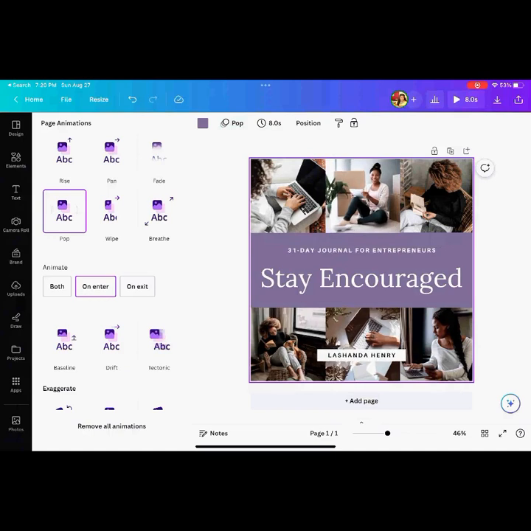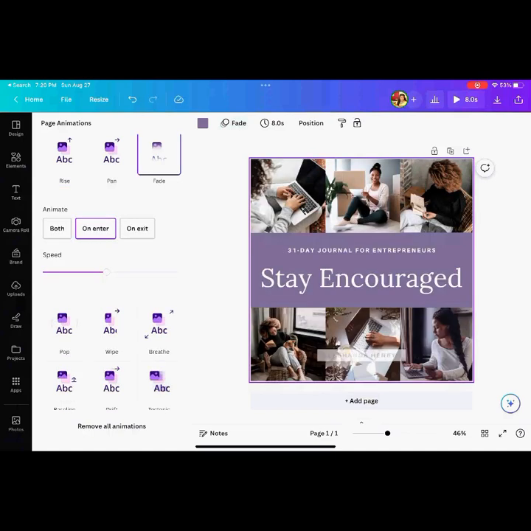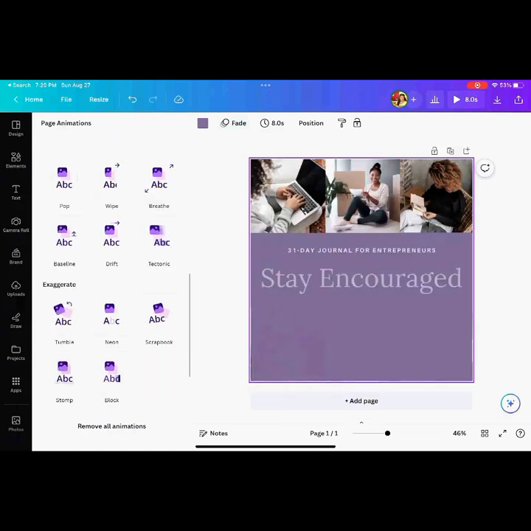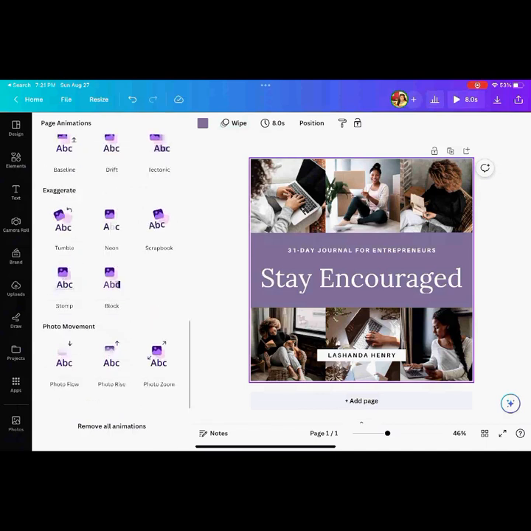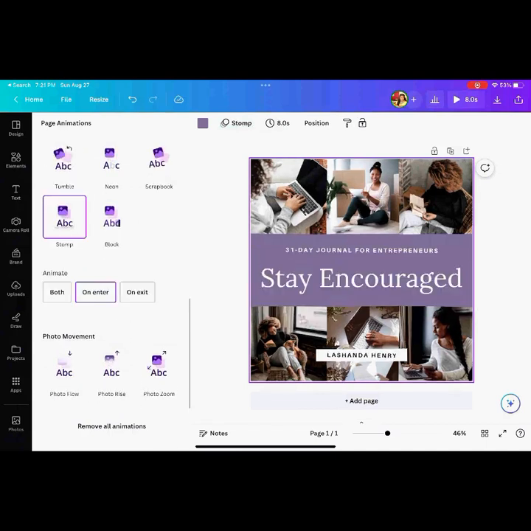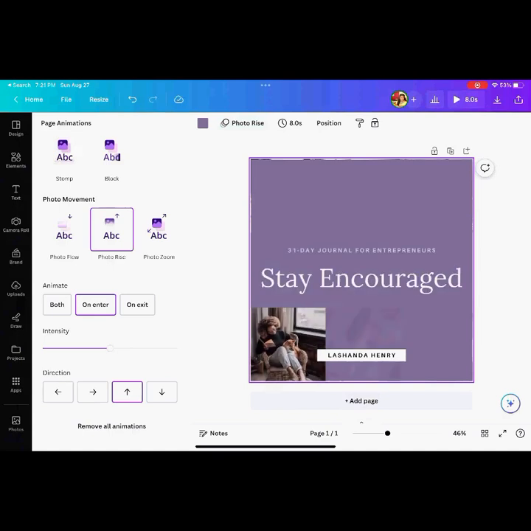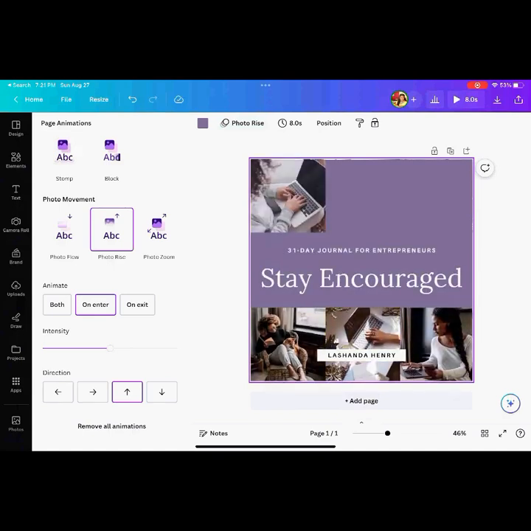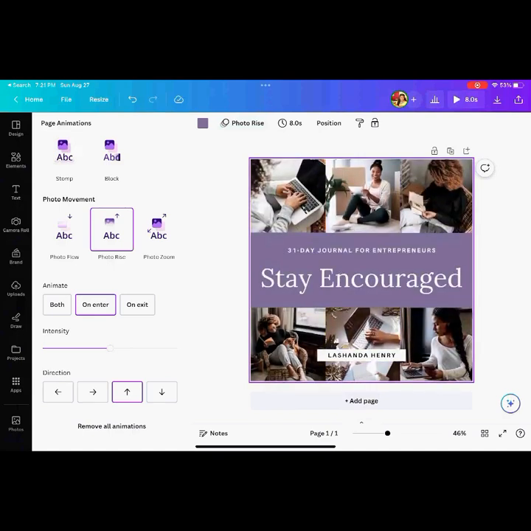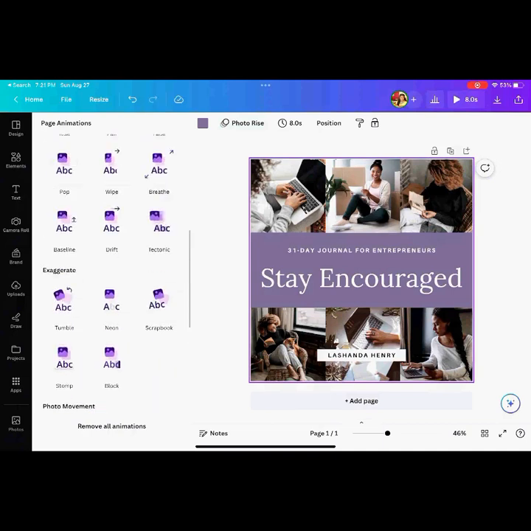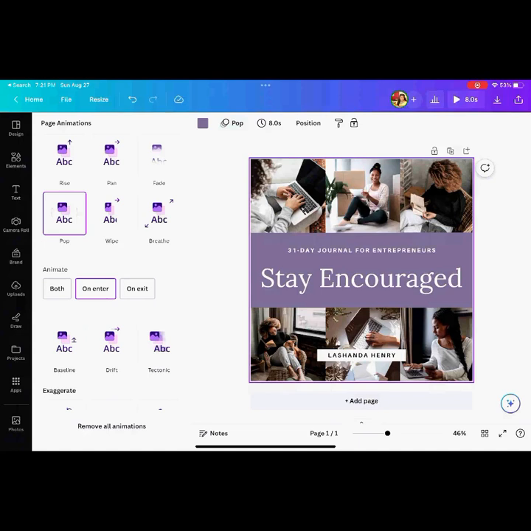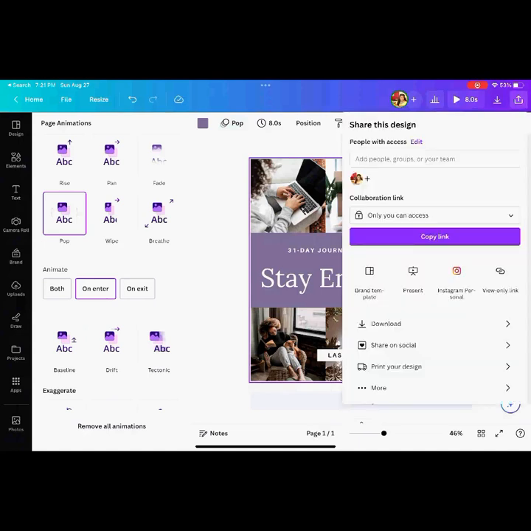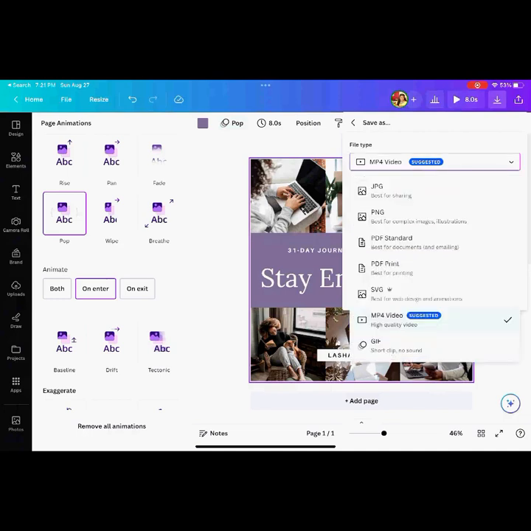It's one of my favorite ones. But there's fade, there's wipe, there's all of these different animations, and you can just, at your heart's desire, pick one that works for you, right? So I'm going to do the pop, okay? Then I would go to download this, and I would choose GIF, okay?